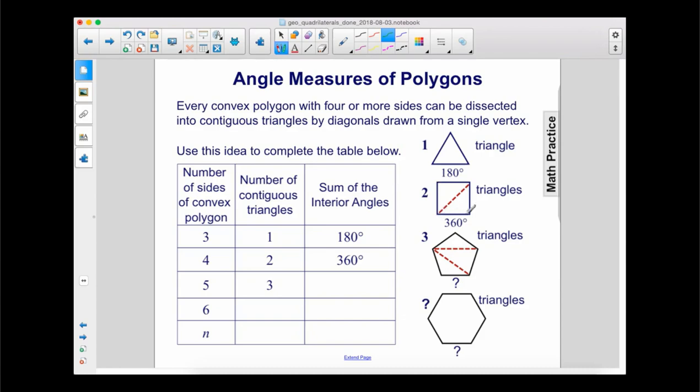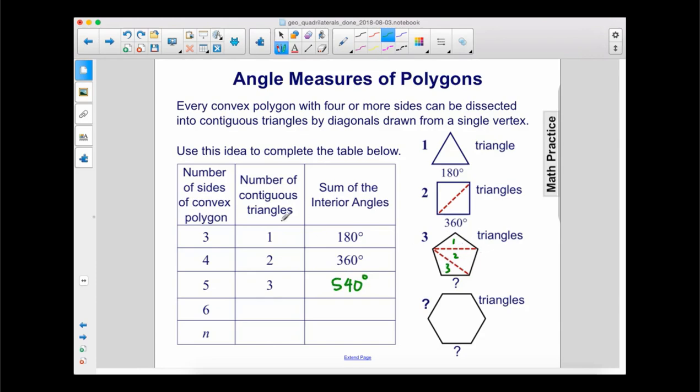Here we have a quadrilateral with 4 sides. We can divide that up into 2 triangles, therefore that's 180 plus 180 gives us 360. Alright, here we have 3 triangles. This is a 5-sided polygon. We can draw 1, 2, 3 triangles, therefore 3 times 180 gives us 540 degrees as the sum of the